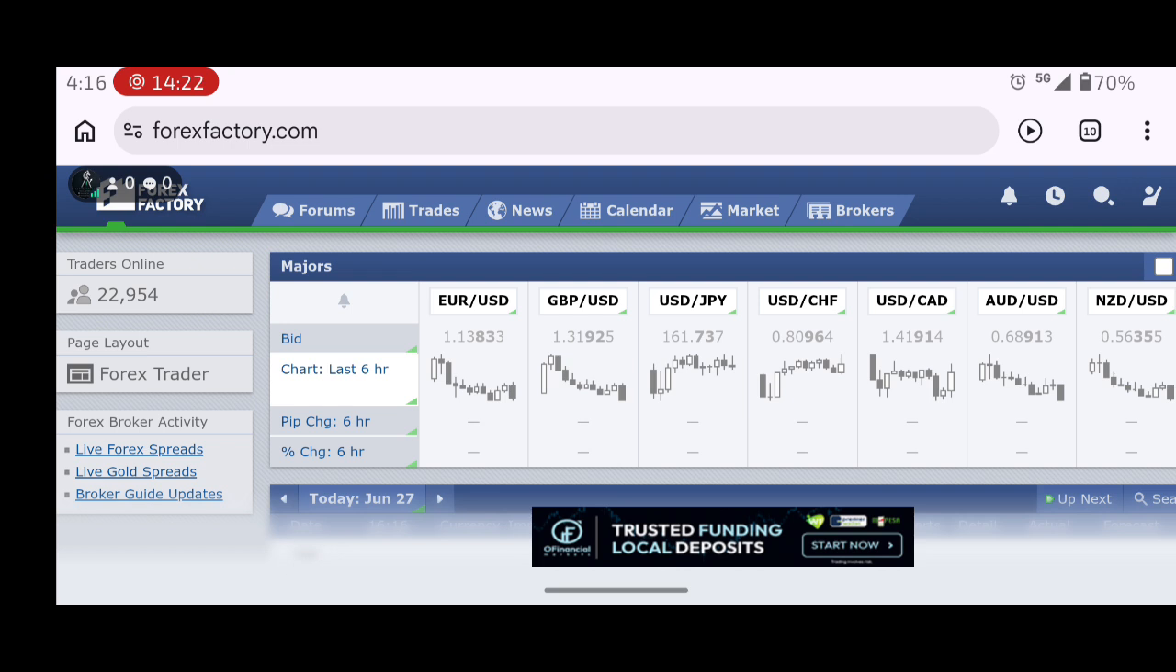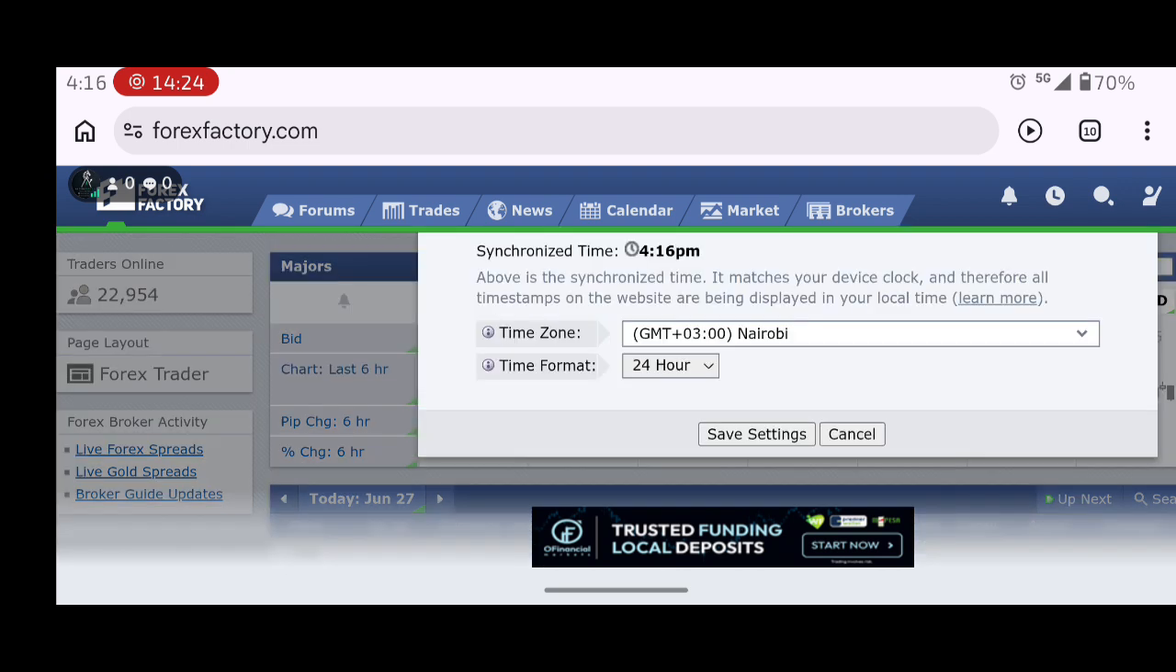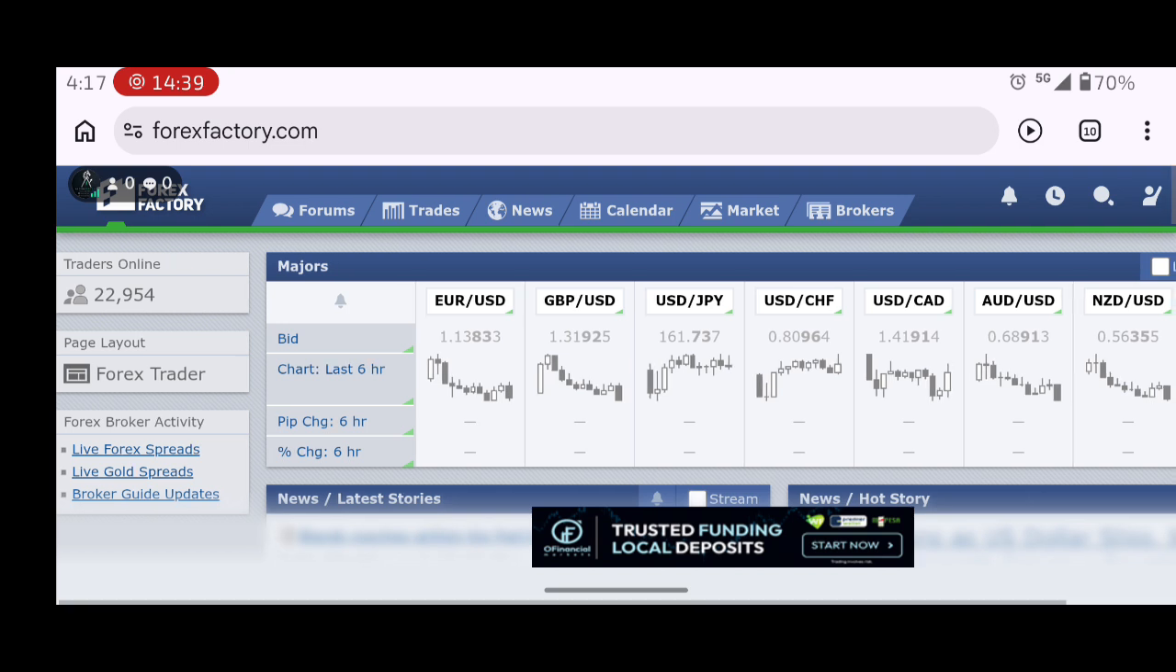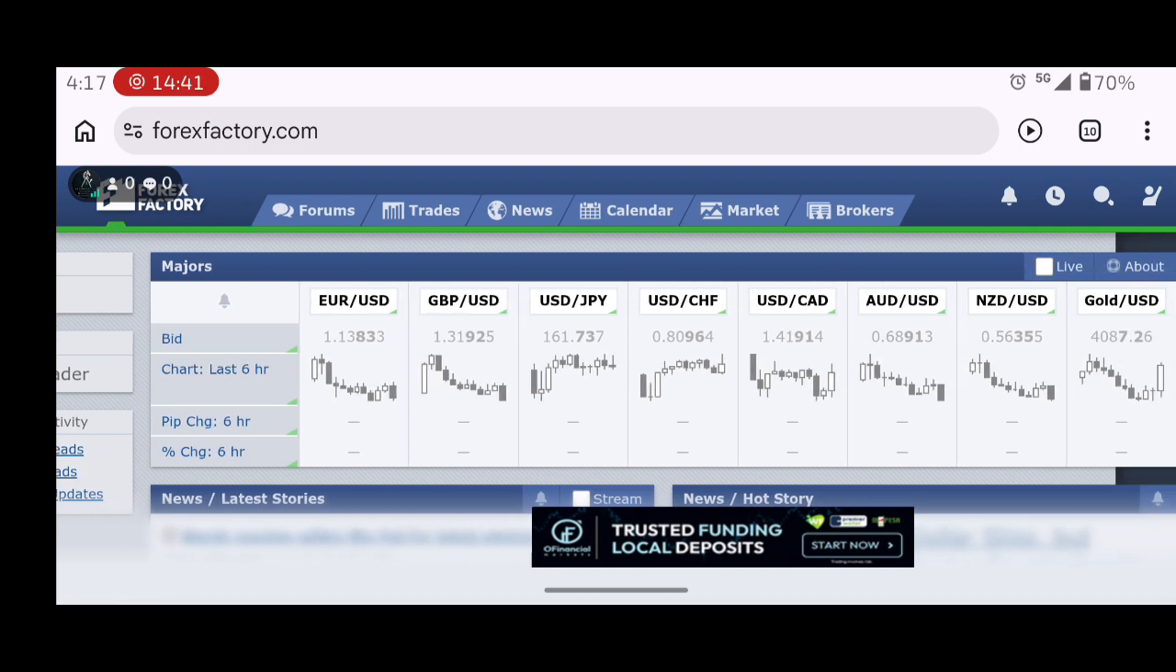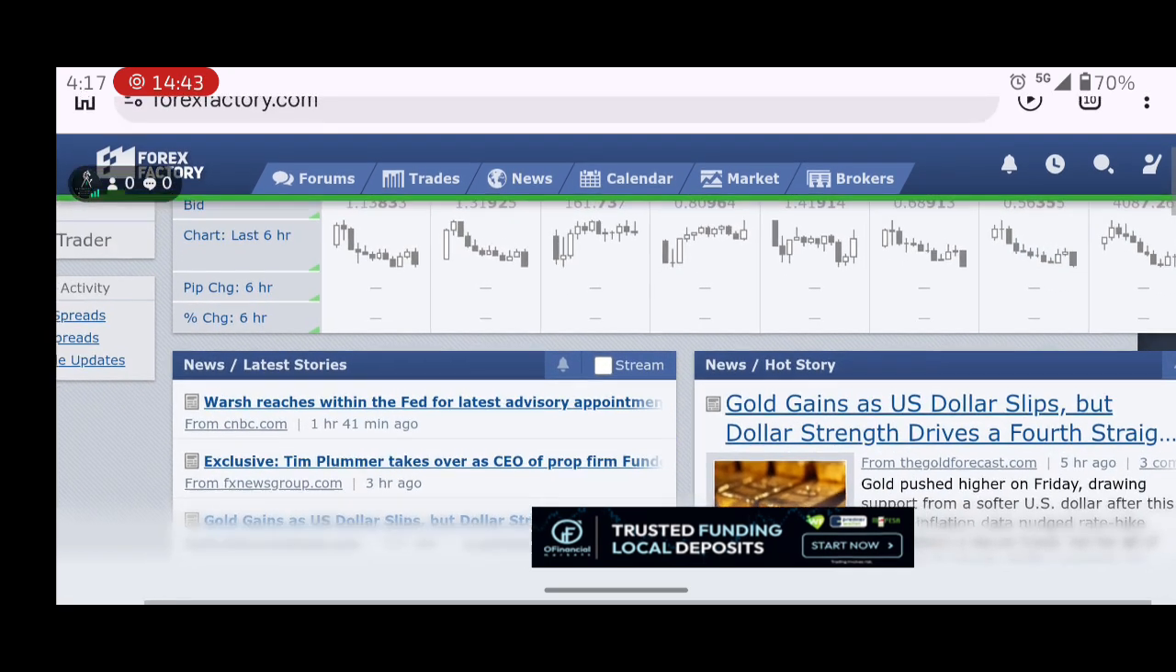So the thing I want you to make sure of when you're using this is you click on the time and make sure I'm in Kenya, Nairobi. So you make sure that the time is actually where you are, so that you don't get messed up. First thing, you check on the time, then you click save changes. The other thing is you